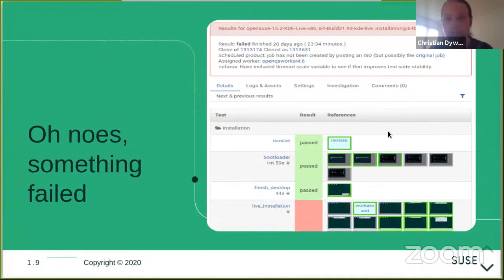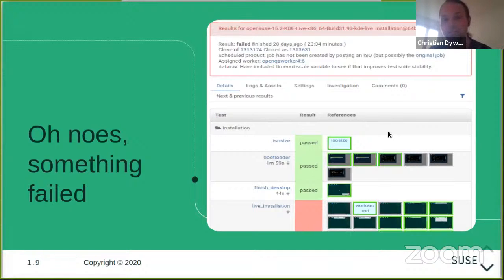In this instance, it took 23 minutes. So this gives you a bit of an idea on the actual parameters of the test. You can see a description of where the test was run.